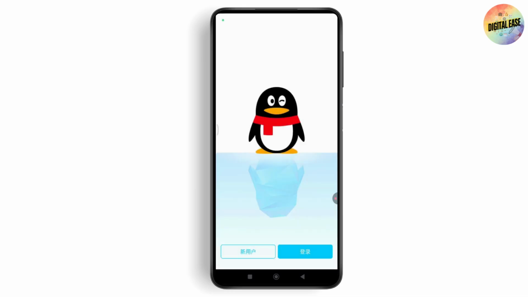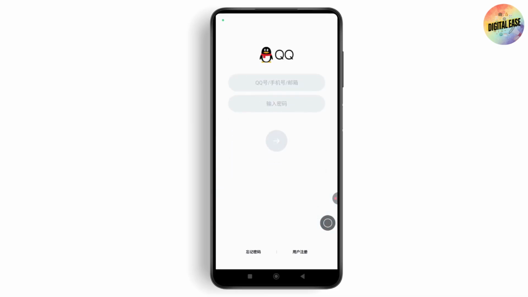Now, once it has loaded, on the bottom you will have the options. Here on the bottom, you will have the blue button. You need to tap on it and then enter your credentials. In order to create your account, you need to go with the create section. But if you already have an account, you enter your credentials and then you'll be logged into your